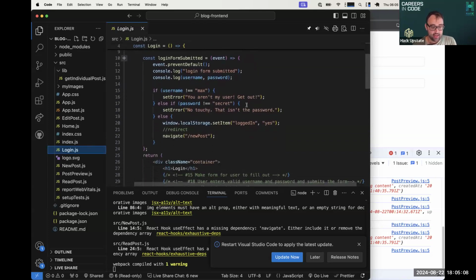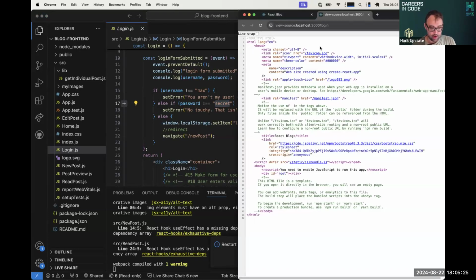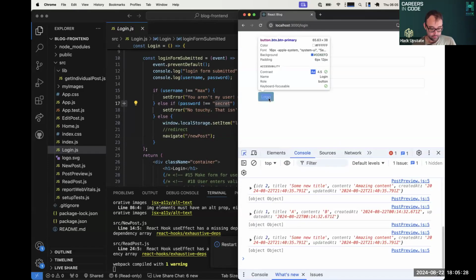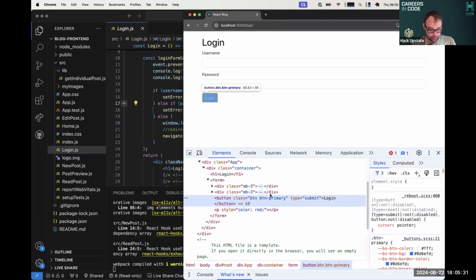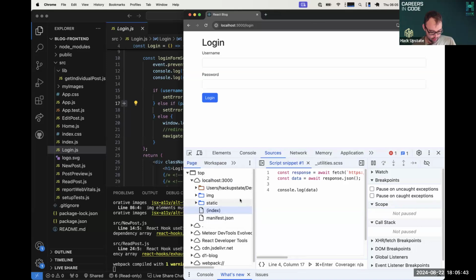And in my login.js, I've got this logic here that isn't great, because all I'm doing is checking to see if the username is max and the password is secret. Obviously not great, because at any point someone could go into your inspect and click into, is it sources? I forget where it is. Page. There is a way in here to figure out